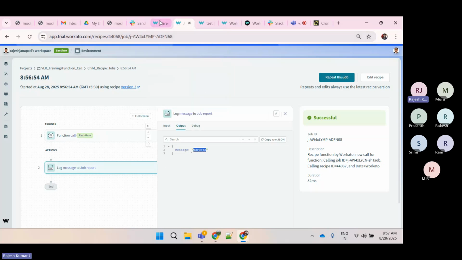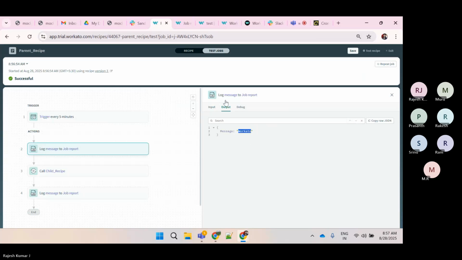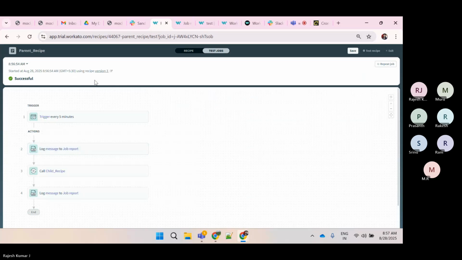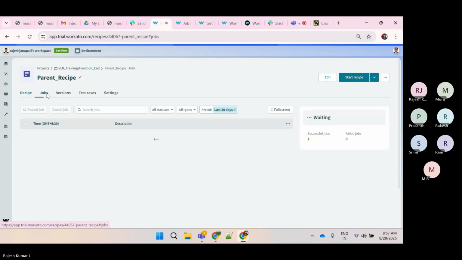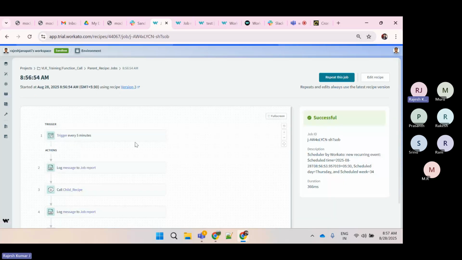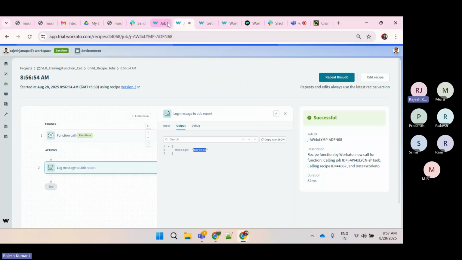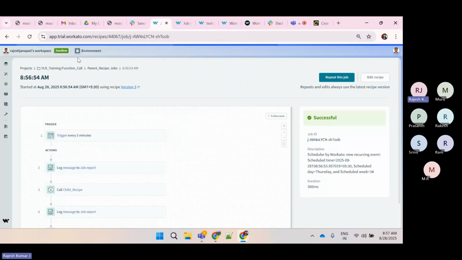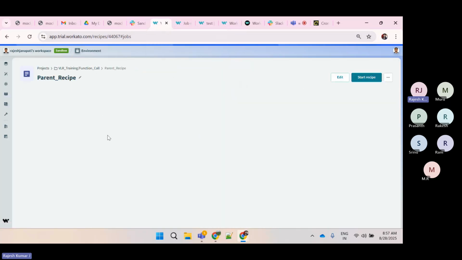So if you see the total execution of this particular job, this is a synchronous job. So we have synchronously called the child recipe. So it has taken 366 milliseconds. Okay. Right now, I'm not disturbing the child recipe. In the parent recipe,